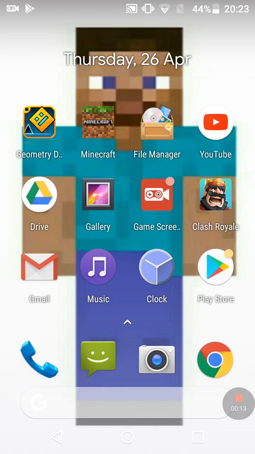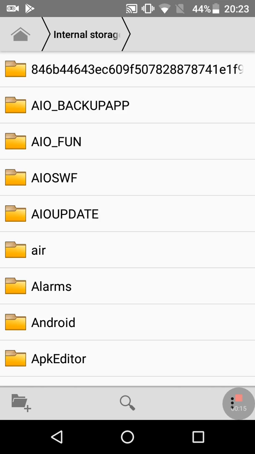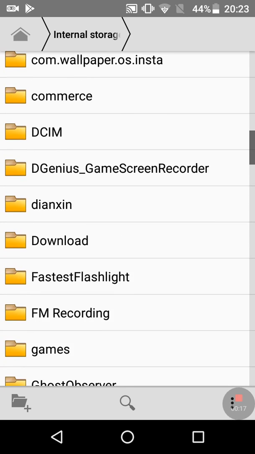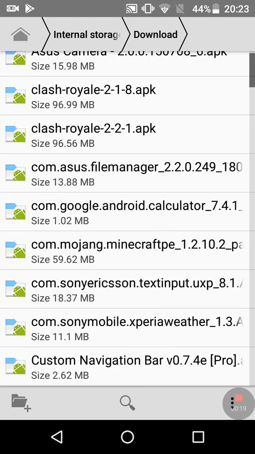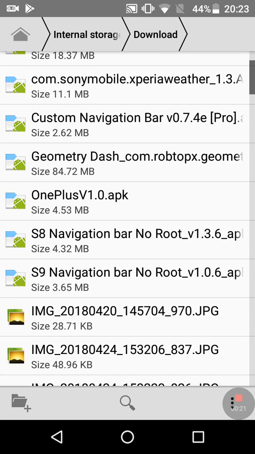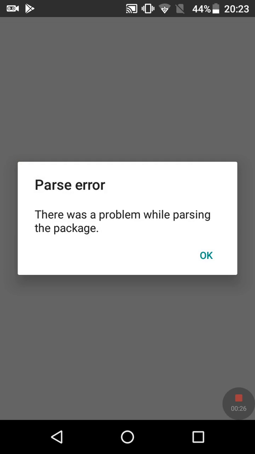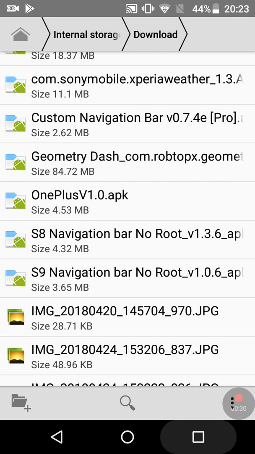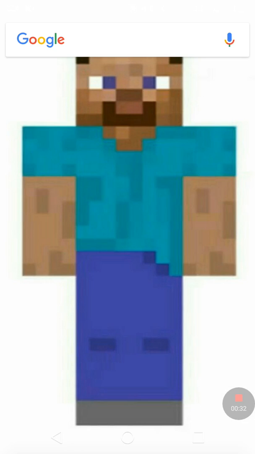So let's get started. If I access my file manager right now, I'm going to download this app, Custom Navigation Bar Pro, but it says parse error. There was a problem while parsing the package. So just click OK, and let's close the file manager right now, and now it's time for APK